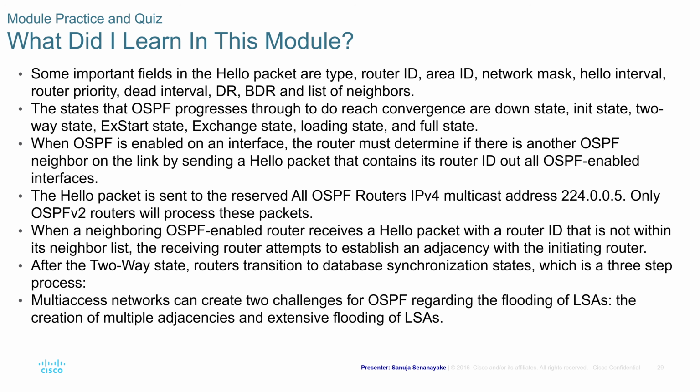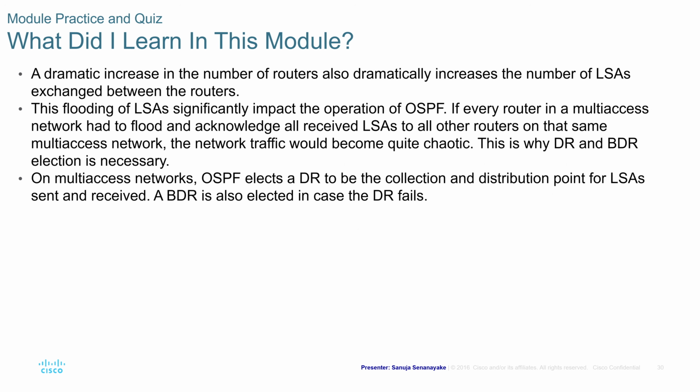Multi-access networks can create two challenges for OSPF regarding the flooding of LSAs: the creation of multiple adjacencies and extensive flooding of LSAs. So those are some of the challenges with multi-access network OSPF. We learned that a dramatic increase in the number of routers also dramatically increases the number of LSAs exchanged between the routers. This flooding of LSAs significantly impacts the operation of OSPF,